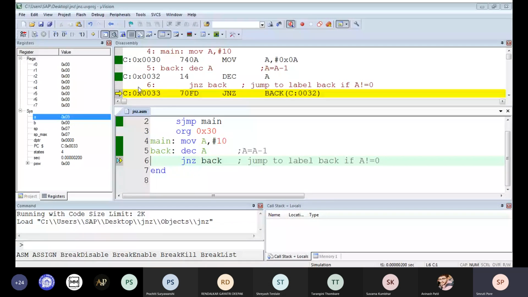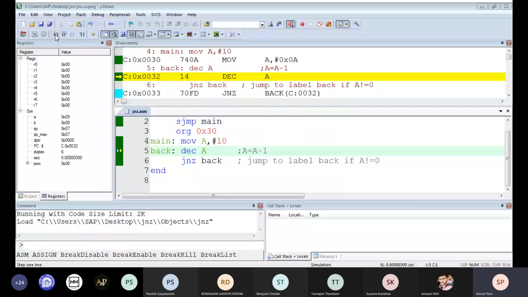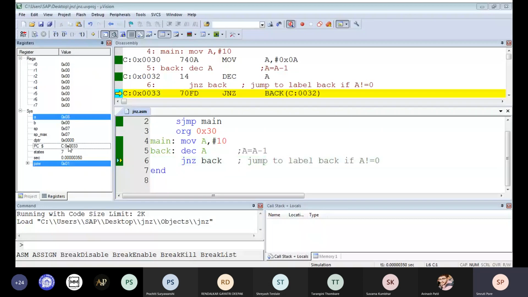You can see from 33 to 34, here you can check the contents of the program counter. The program counter contents are now 32. It is changed to 33. Again it will come back to 32, 33. It will always switch from 32 to 33 until the contents of the accumulator are 0.